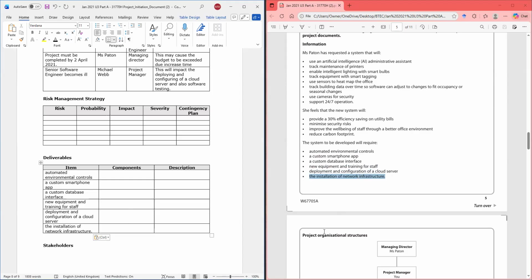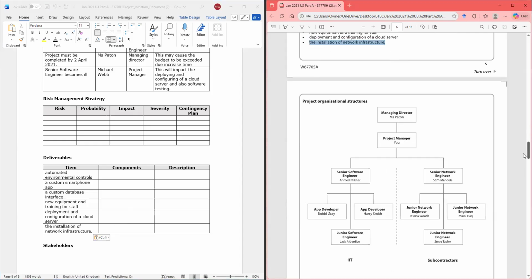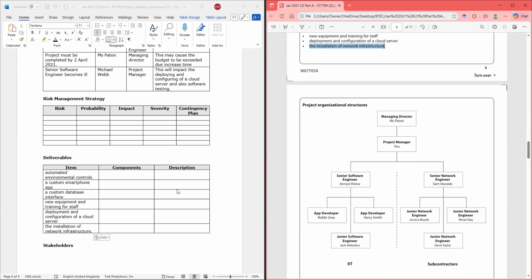Okay, so those would be your deliverables, right? And what would be the components of the deliverables? So it's between the materials and other stuff, all right? So automated environmental control, the component of this would be software, right?